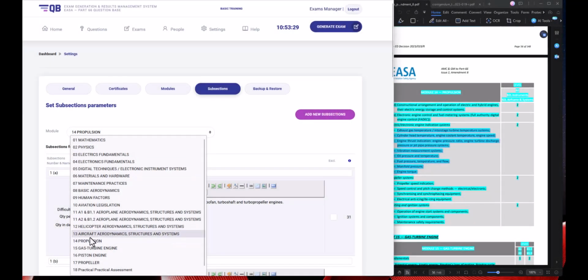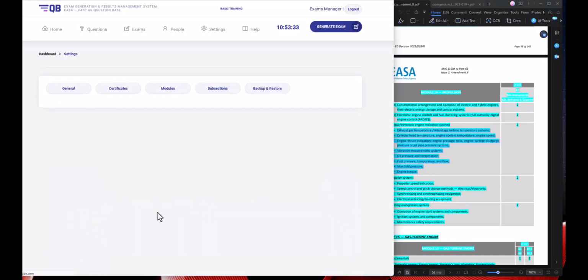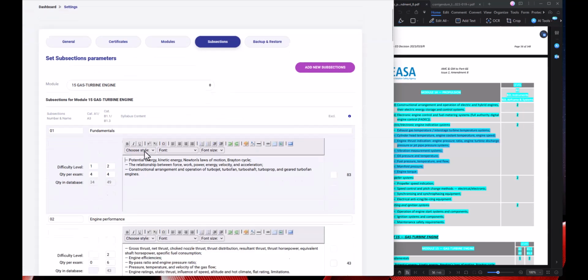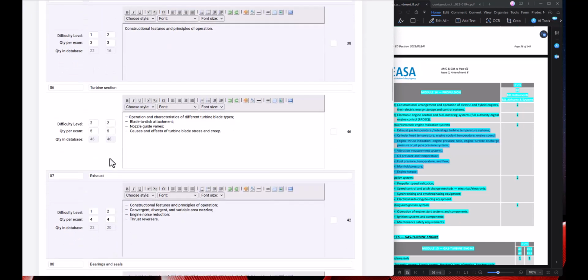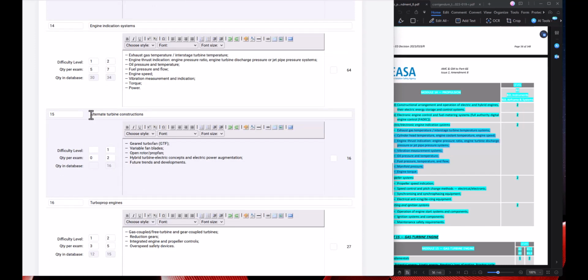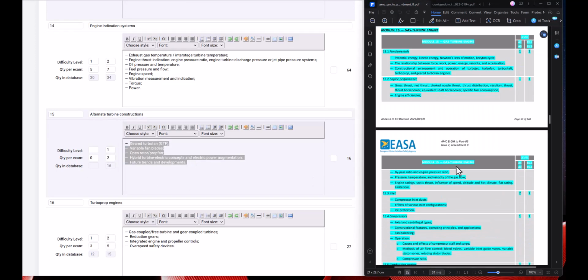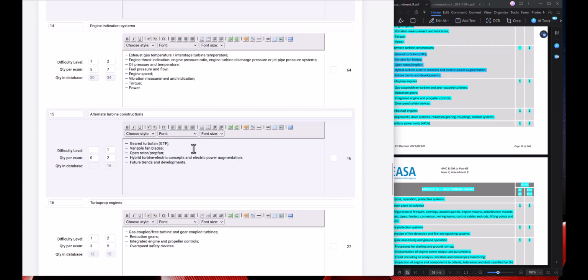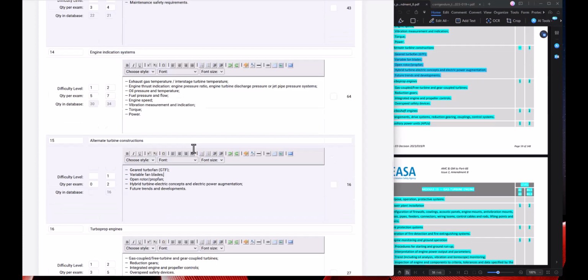Module 15, Gas Turbine Engine. Module 15 has subsection 15.15, Thrust Augmentation Systems, replaced by alternate turbine constructions. We recommend that you create a new subsection, with the same number, 15.15, but new title, alongside the thrust augmentation